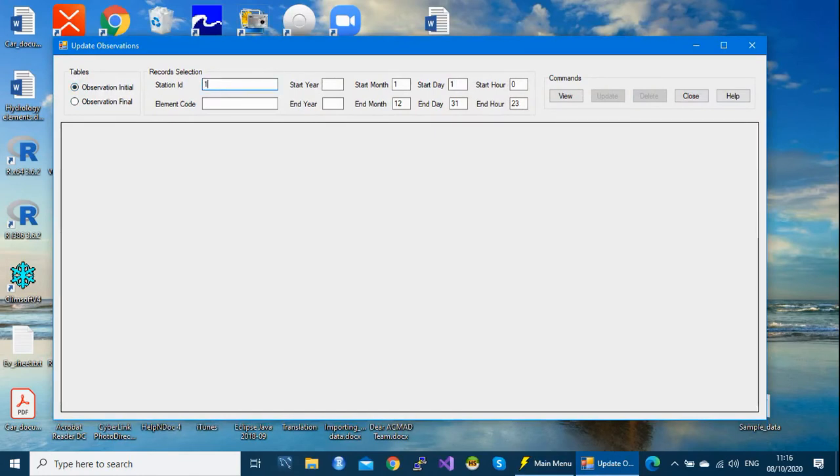So my ID was 10, 10, 11, 00, and my data were dry bulb temperature. So I know the element code 01101. The period was 2017. And then you click on the view.